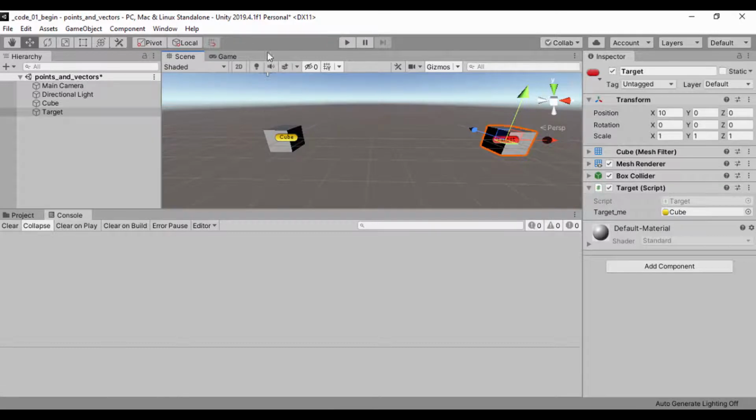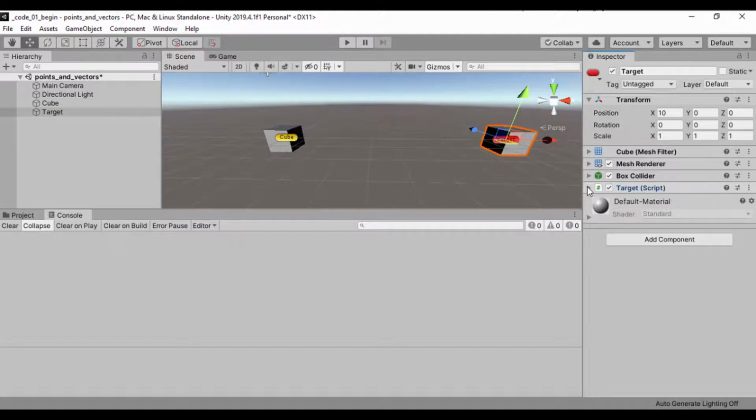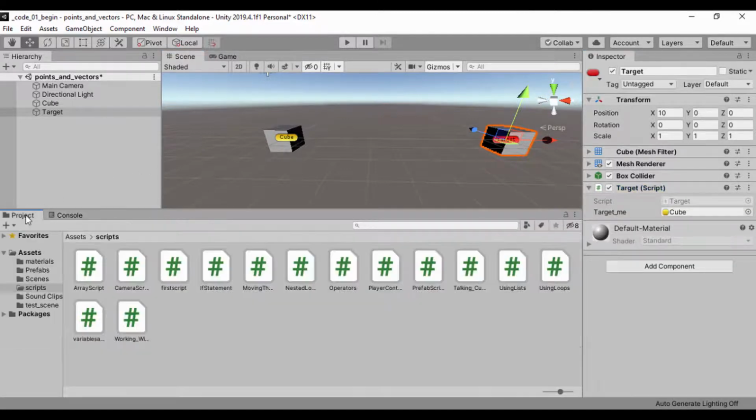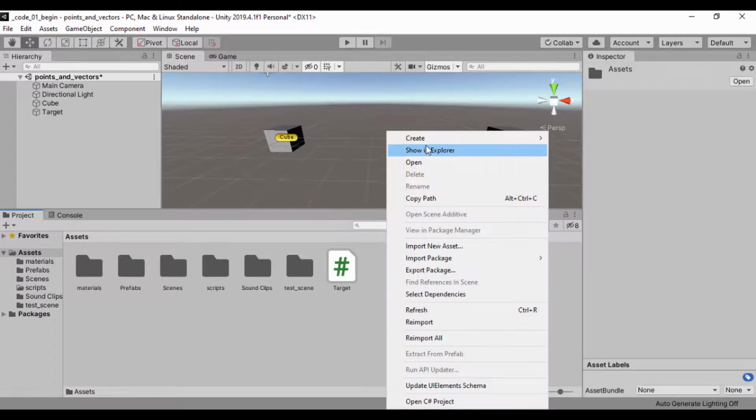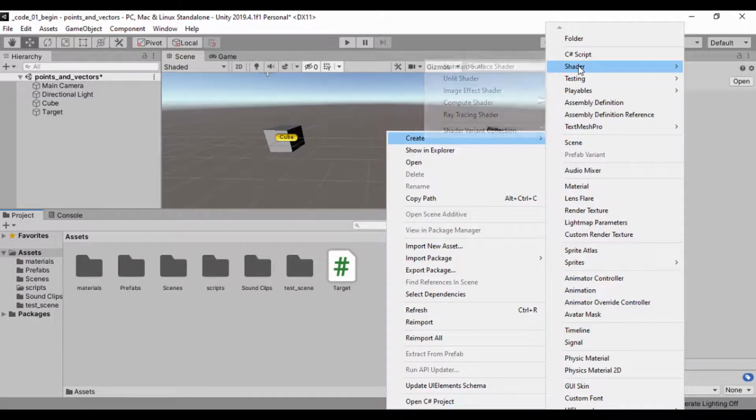If you simply just want your game object to jump to that position, that's fine, but what we want to do is add a smooth movement. So let's go ahead and change this entire script to something much better. In my project scene, I'll go to my assets, right click and create a new C# script,